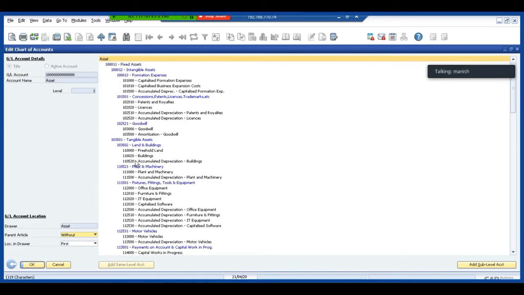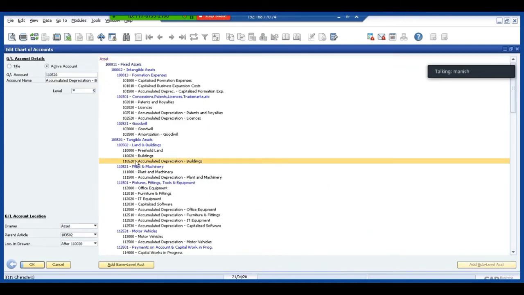Now there is one more question. Sometimes what we require is that we want a particular account to be listed in some other bracket. Say for example, this is the account 110520, which is listed under land and building. There could be a requirement that this account needs to be listed under plant and machinery or any other bracket.